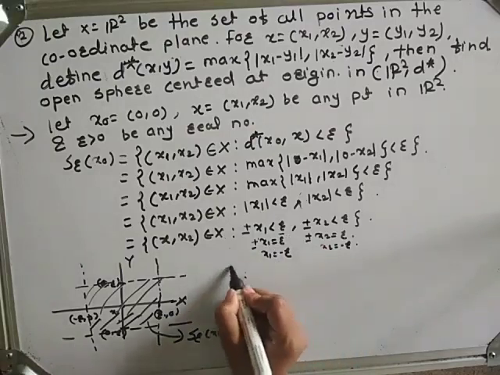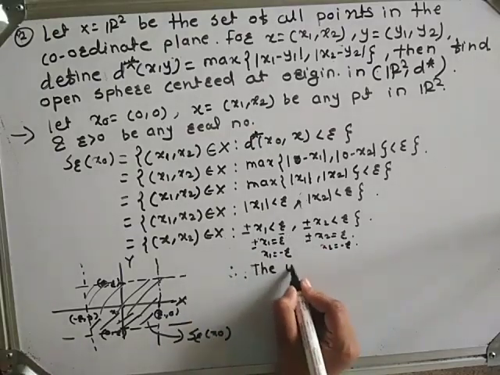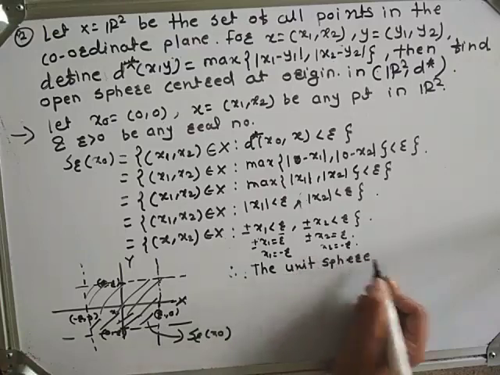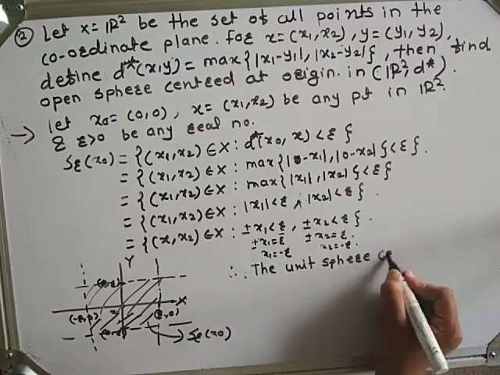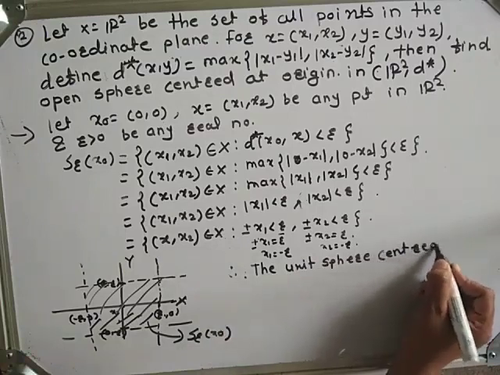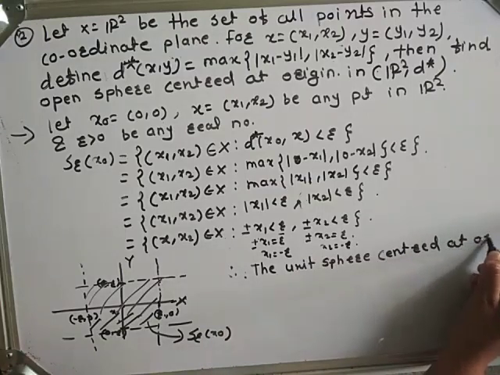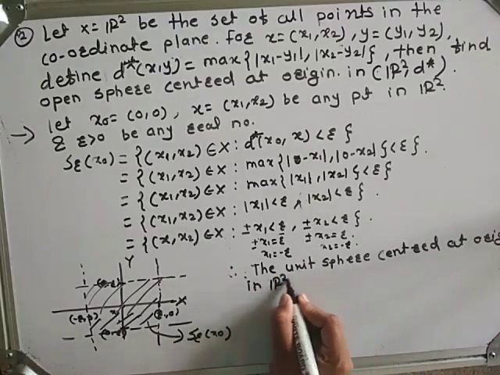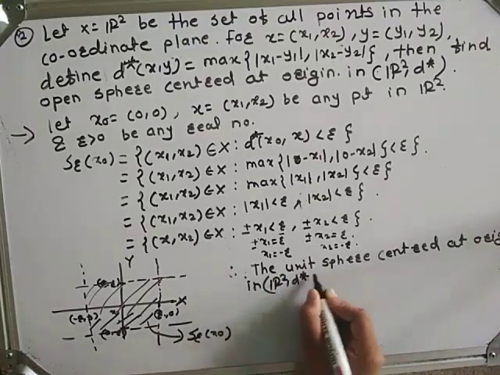Therefore, the unit sphere centered at origin in R2 d star is